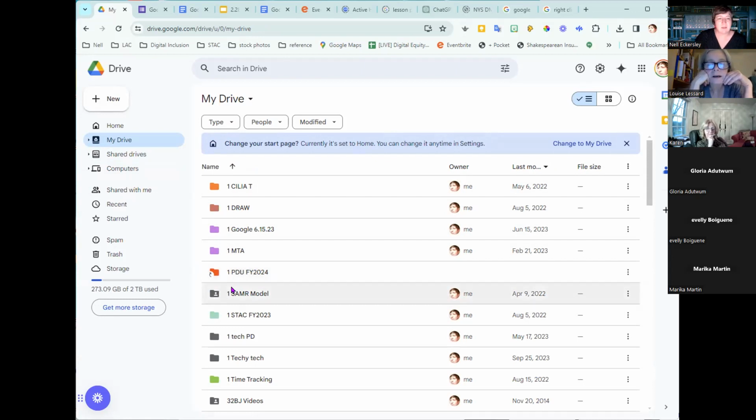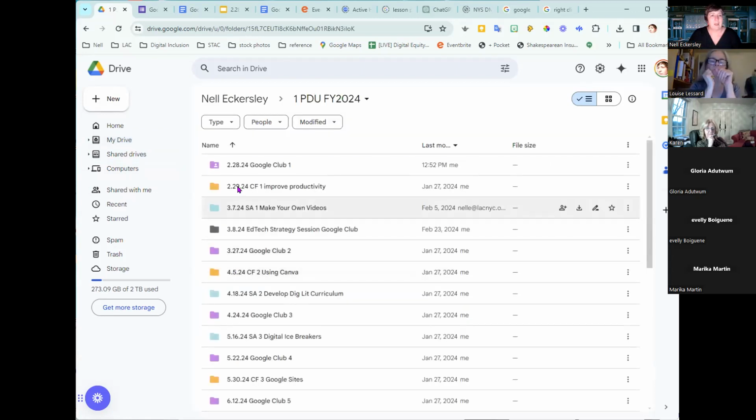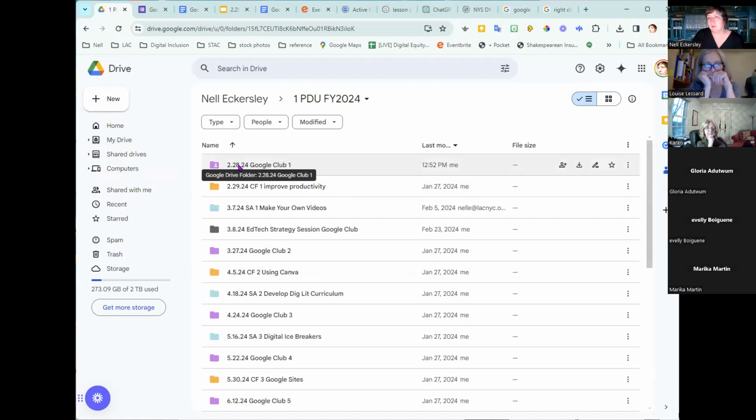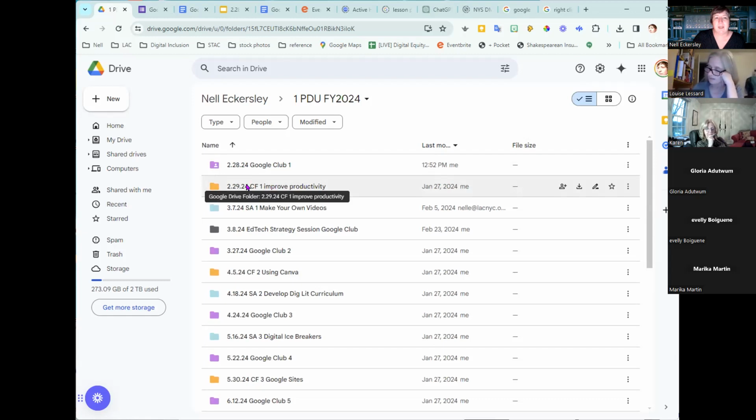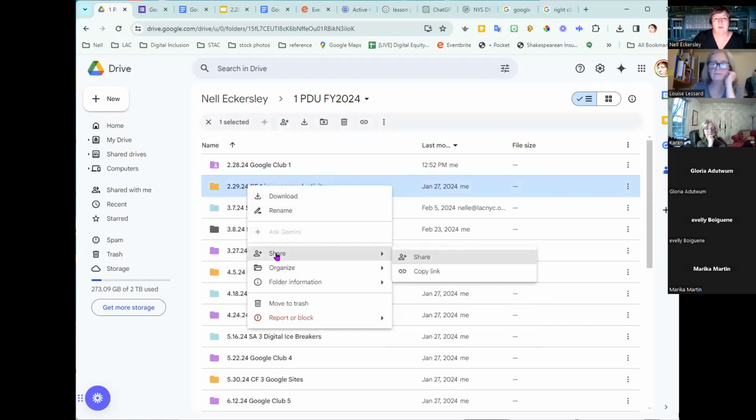What happens sometimes if I was to go to this folder, inside a folder, you might have another folder, another folder, another folder, which is great for organization. But when you know you need to access something and you want to bring one of those deeper folders back out so it's easier for you to get to, that's a perfect time to make a shortcut. And a shortcut, again, you're going to right click and you're going to want to go to